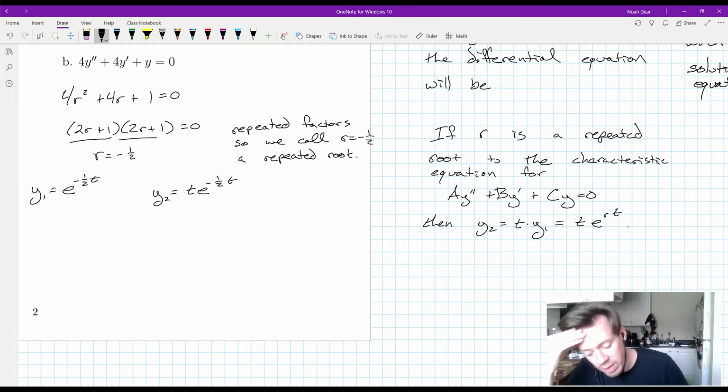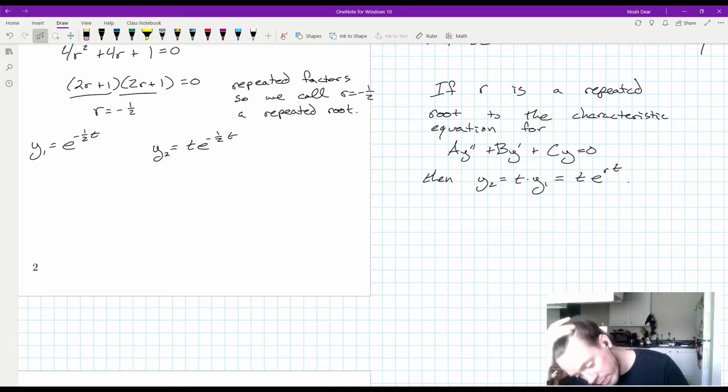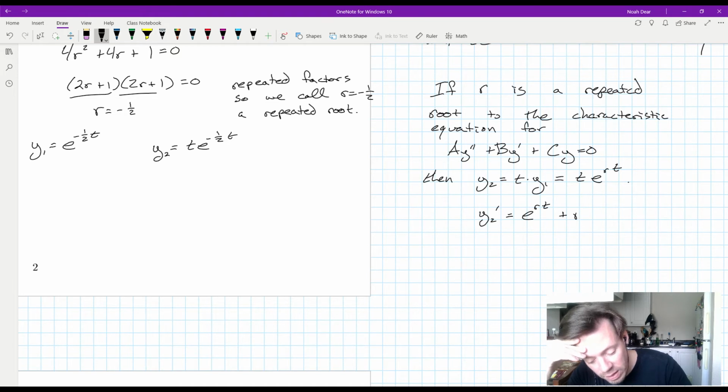So we want to check and show that this will work. So we're going to plug it in to the differential equation here. I need the derivatives first. y2 prime equals the derivative of the first times the second is e to the rt, plus the first, which is t, times the derivative of the second, will give us an r in front of that, rt e to the rt in total. And then y2 double prime